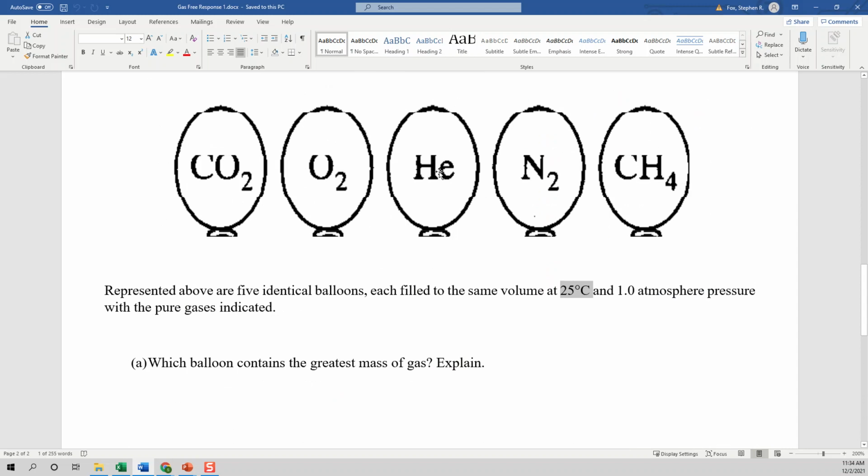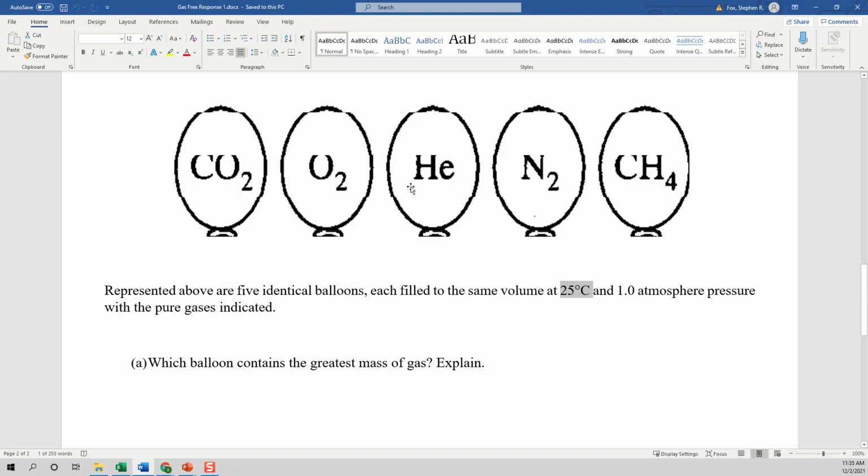Answer, helium. Why? Because it's the smallest particle? No, because it's the lightest particle. So if you say smaller, you are wrong. You have to say lighter, okay? Lower mass. So helium's moving the fastest, so its particles are going to have a greater opportunity to escape through that hole. So after 12 hours, more of this gas has escaped, so you have fewer gas particles in here